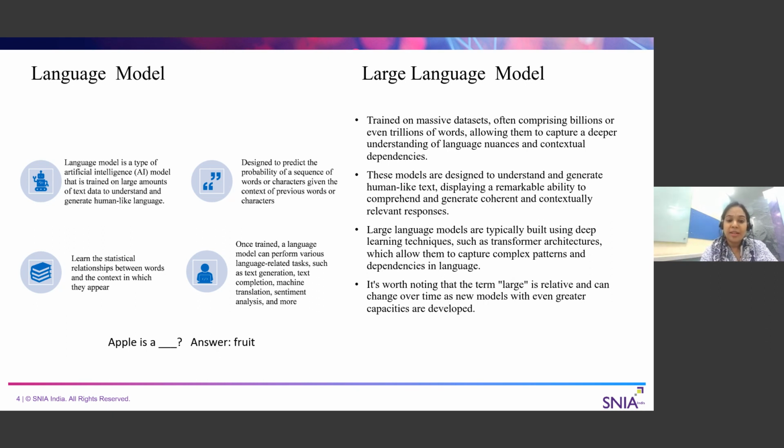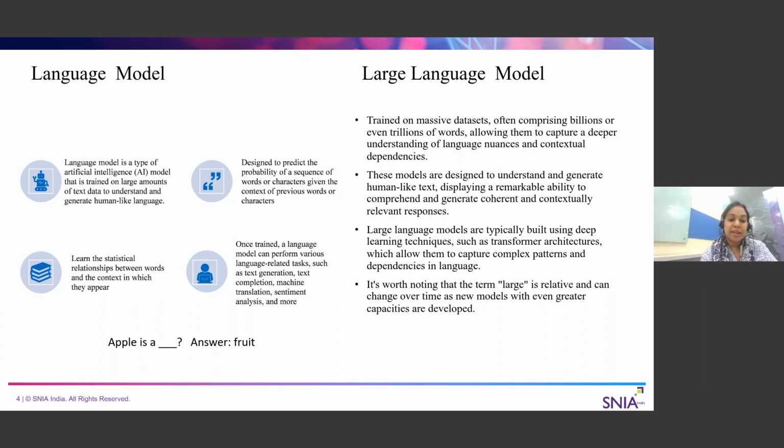This is also designed to predict the probability of a word sequence, but because it's tightly coupled with language, it's more used for predicting the probability of a sequence of words or characters given the context of the previous word. So basically, just like how humans interact, we memorize, we keep track of things. In a similar way, a language model also keeps track of things. Also, it understands the context of different words with respect to the different sentences being used.